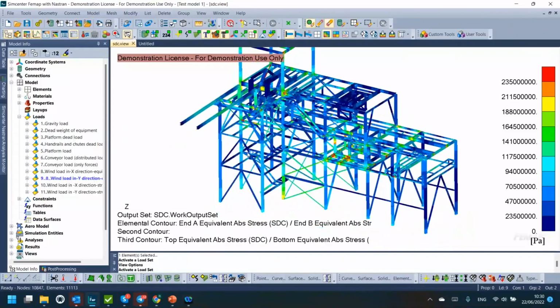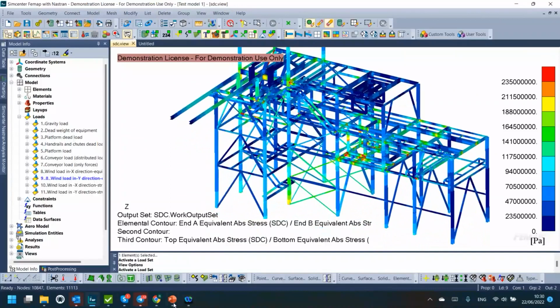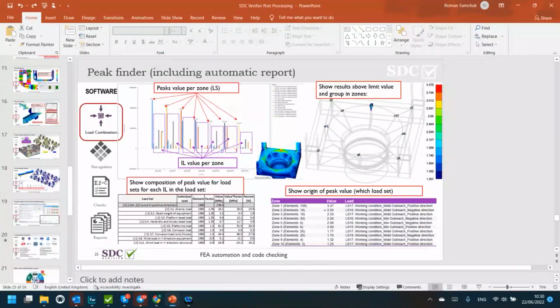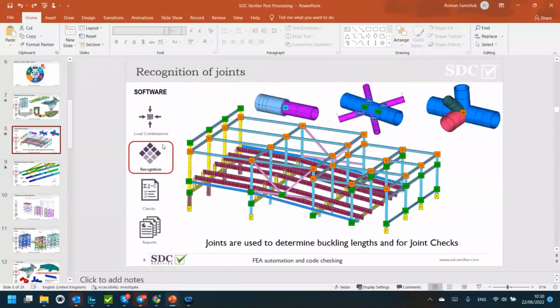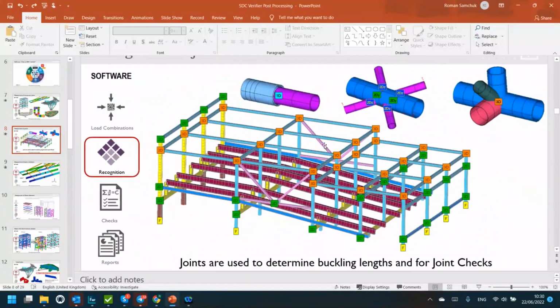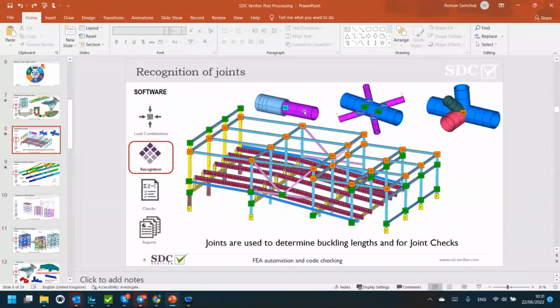And what is more important for buckling here is that the buckling check is highly dependent on the buckling length. So what does it mean? First of all, a few things. How does software do this check? If we have the BIM model, basically we're able to recognize all joints. This is the intersections of the structural members, and these joints are used